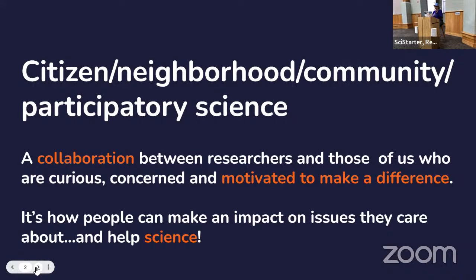DNA and DNA Day. So citizen science is basically any way a member of the public meaningfully advances scientific research, usually by collecting or analyzing data. And data can be words and pictures. Data can be pictures that you take with your smartphone. Data can be measurements that you take. If you go outside and use a water quality test kit and submit that to a research project, you're doing citizen science. Data can be surveys that you fill out about your health, like the ones you do with the